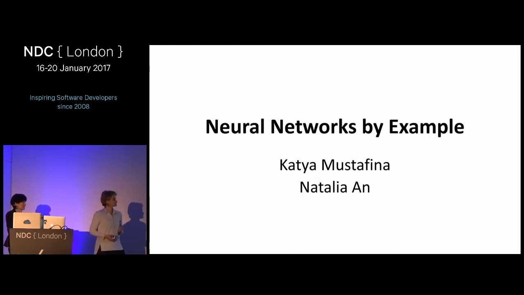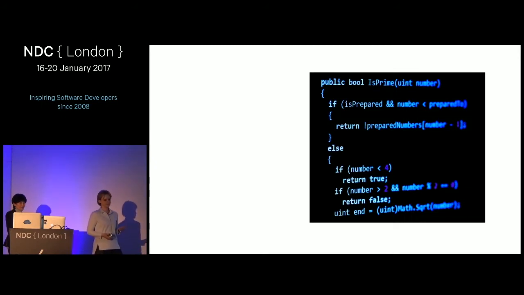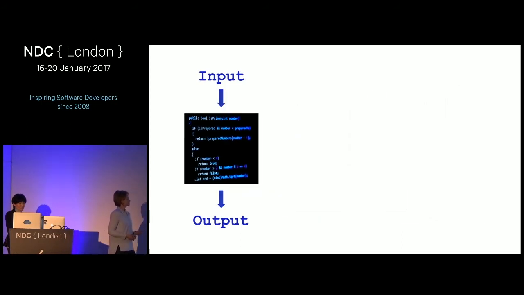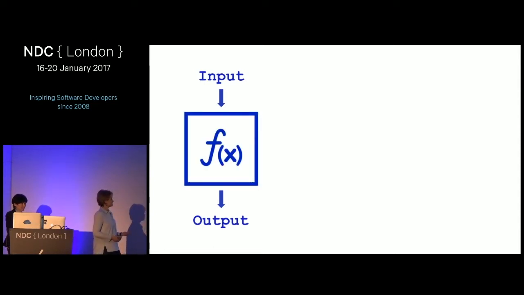So here is a traditional computer program, which is very good at detailed instructions such as assignment operations, loops, or conditional statements. What it does is implement, in some computer language, an algorithm that converts some input to some output. So we instruct the computer to take our input and produce the output with that. If we look at a computer program as an abstraction, we can think of it as a function that takes an input and produces an output.